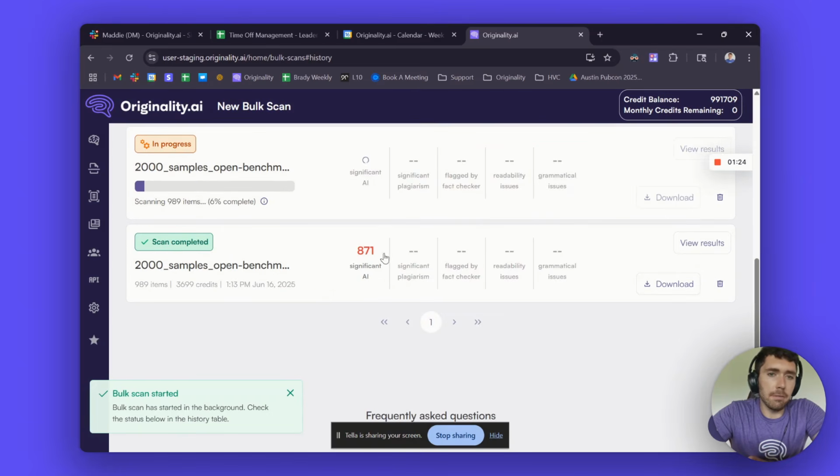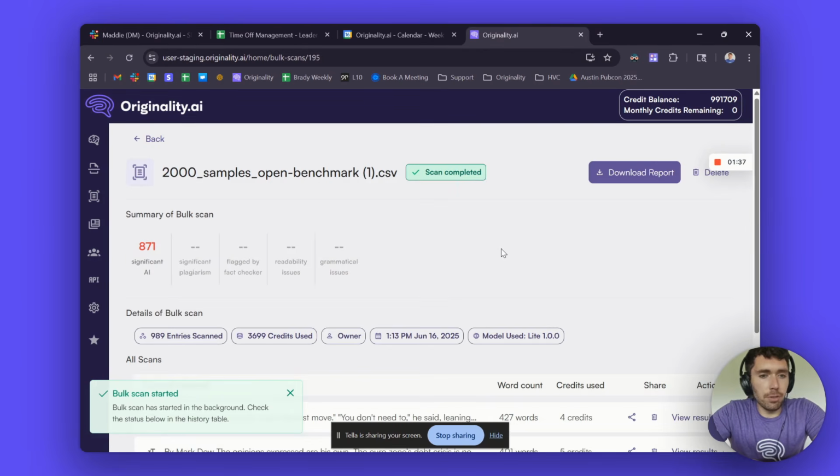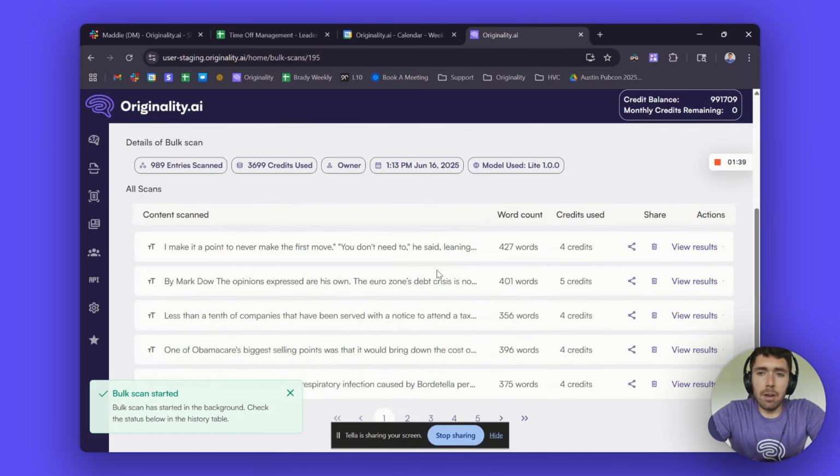You can see of this file, we had 871 that were identified as AI. If you want to see the results, you can click View Results, or if you want to just download it, you can download it right here. So that's super easy. We're going to click View Results in this case, and here you can see all of the content itself. Over here, you can click View Results, and I think by the time you see this, we're actually going to show the AI score in